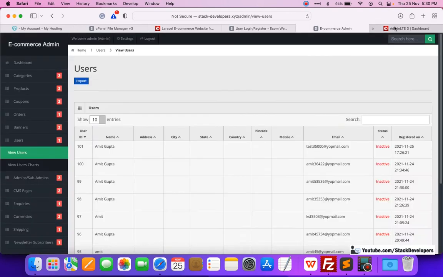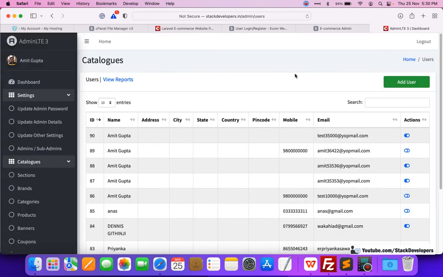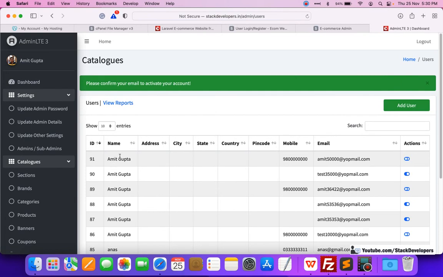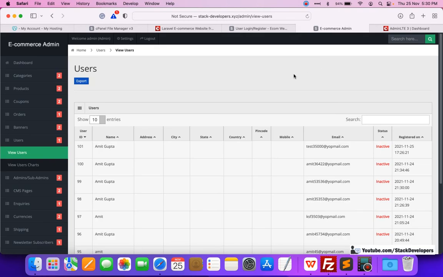First I'm going to check in the advanced e-commerce website, from where I registered the user. I'm going to refresh its data table. I will check the last entry and see, it's Amit 50,000 at yopmail.com. So we are able to register in the current website, the advanced e-commerce website. Now we need to check in the basic e-commerce website that the same user has been registered here with the help of the API.